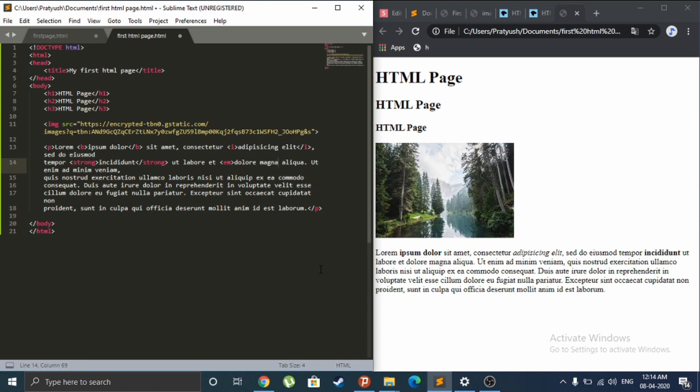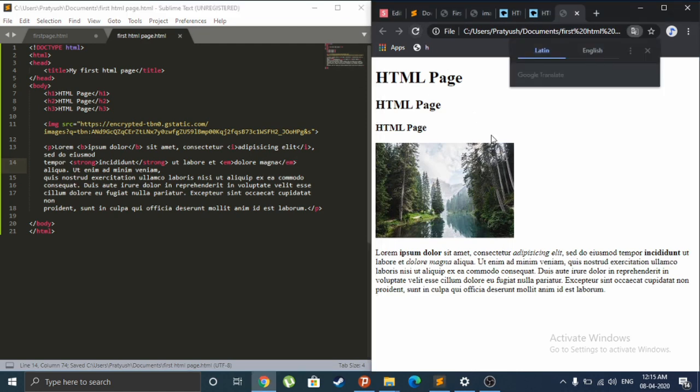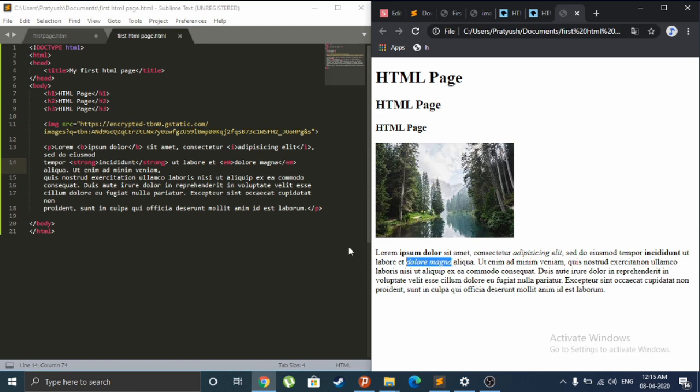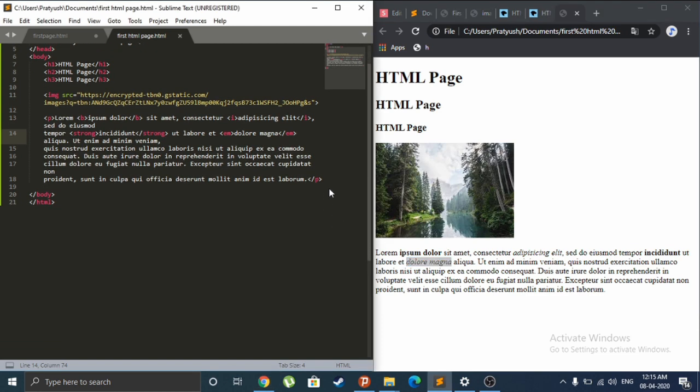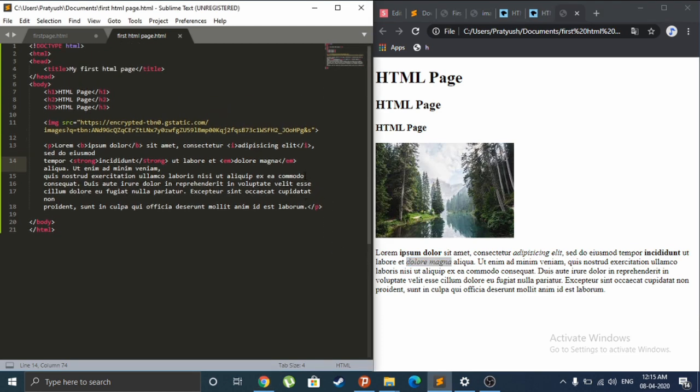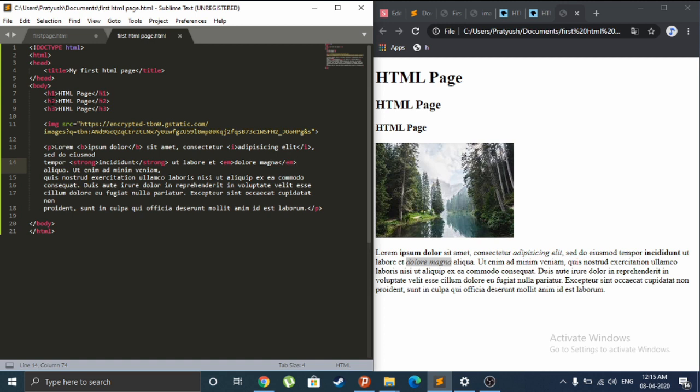We would italicize this word, save it, and yes, you can see that the word is italicized. Okay, so till now we have seen heading tags, image tags, paragraph tag, bold tag, italics tag. Next,